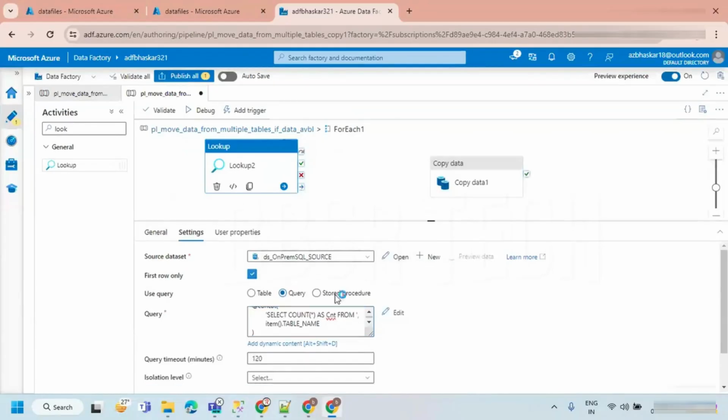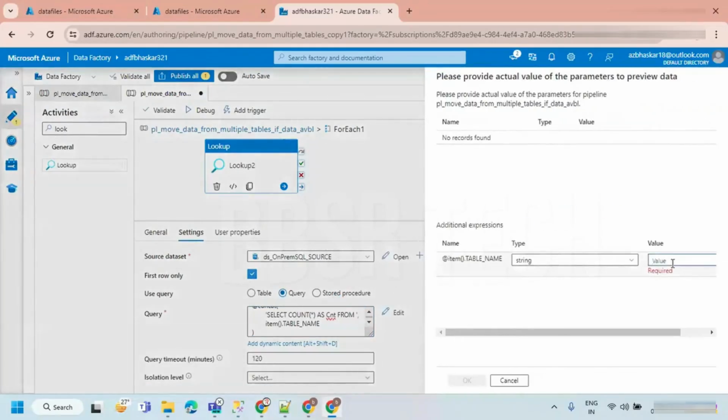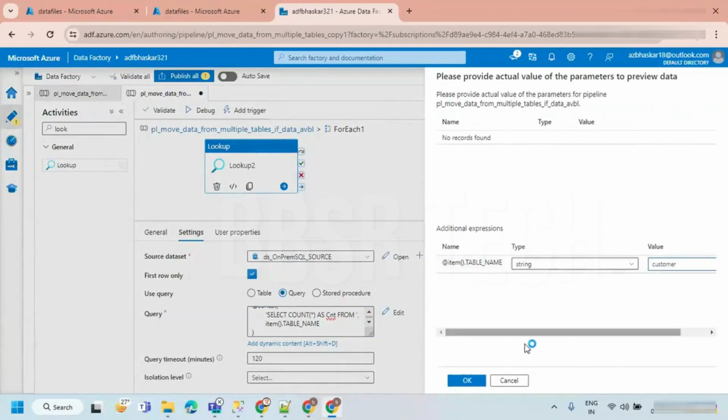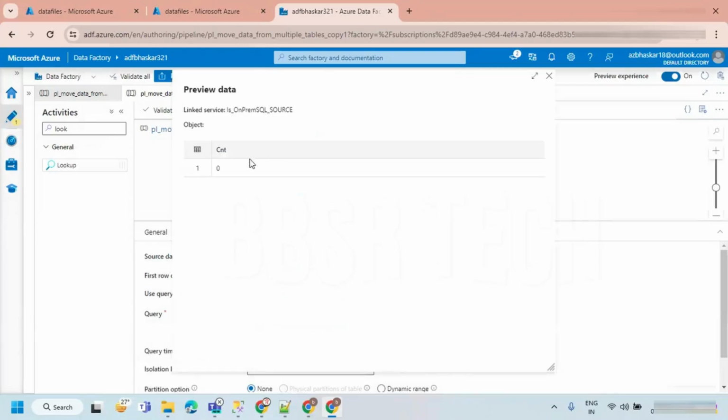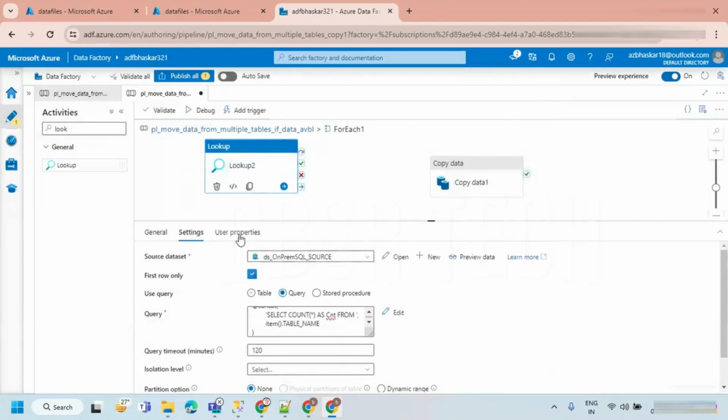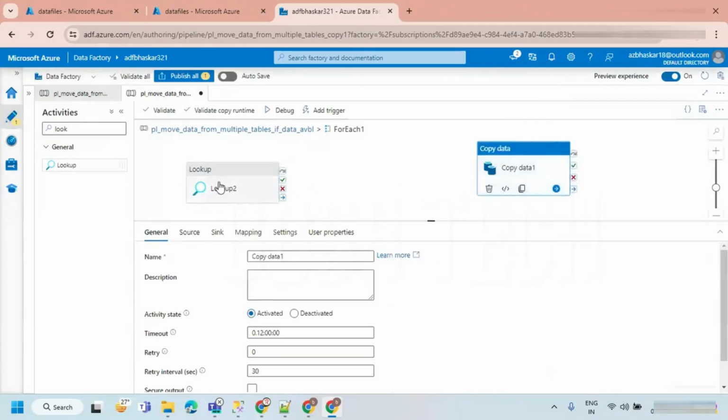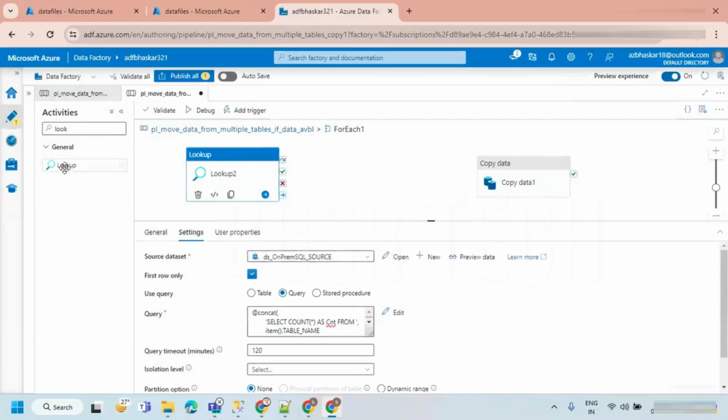Let's preview that. I'm just going to say customers. You have to check whether the dynamic query is correctly working or not. Now you can see the count is 0. Okay, so the output of this lookup activity, we need to give to another activity, that is the if condition.